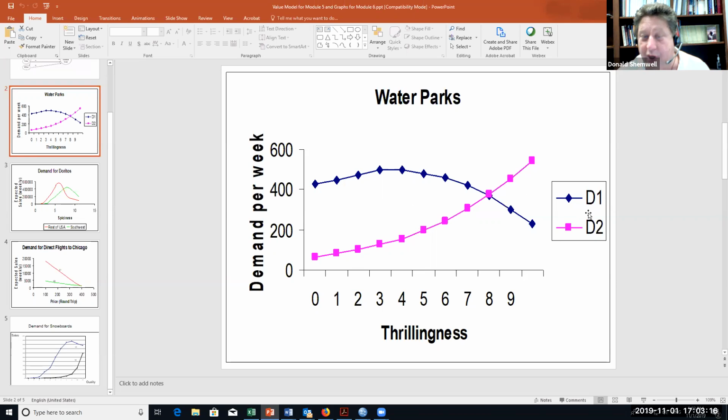D1 are families with young children, and D2 are youths. In the movie My Cousin Vinny, youths, the youth of America, which I think I define like 11 to 17, or 10 to 16, something like that. For the youth target market, demand goes way up as thrillingness improves. For families with young children, it goes up to a certain point, but then it starts going down. Another example